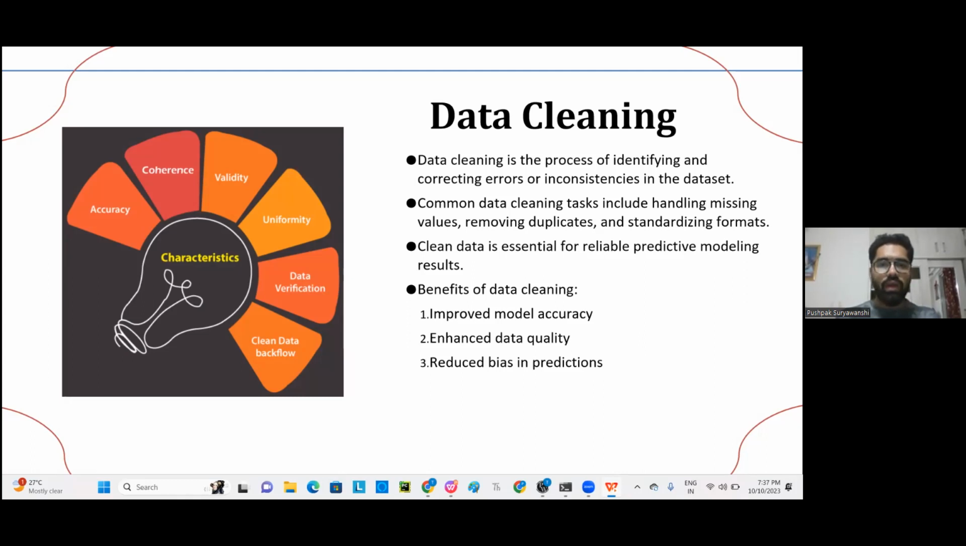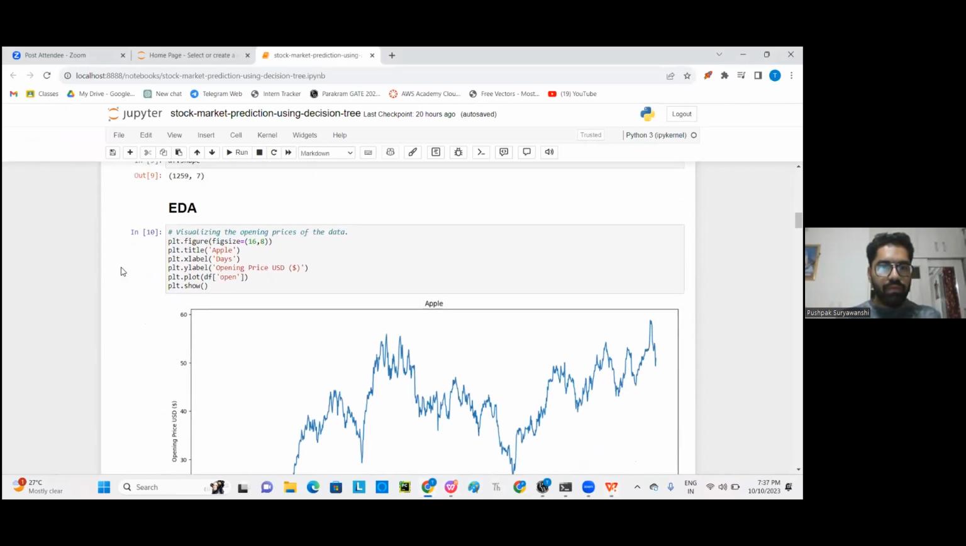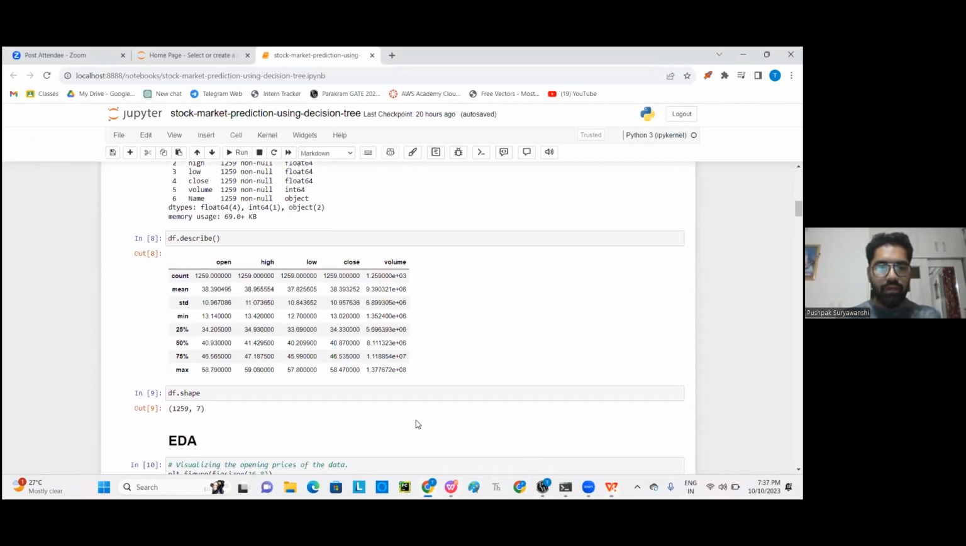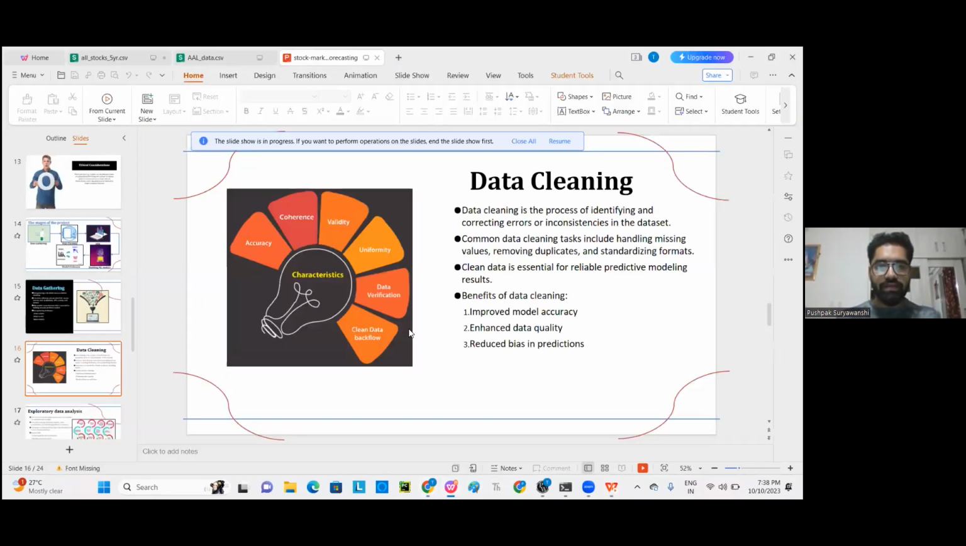Here we do not do any data cleaning because the data is cleaned before and it does not contain any missing values. So the data cleaning phase we have not done here. We can see here in the info function that there are no missing values, so there is no need of removing missing values as there are zero missing values. So next is the